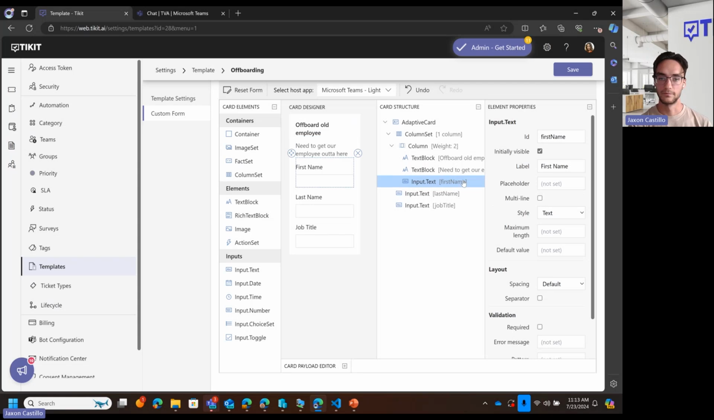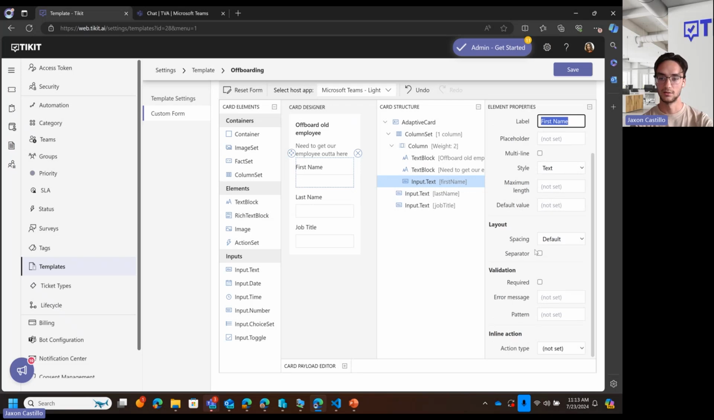And then we can say what this input.text is going to be. The label, I'm going to have first name. That's going to be fine. Everything else looks good there. This is simply just an input.text block. If I were to delete that,